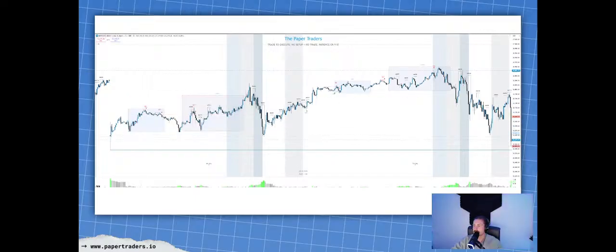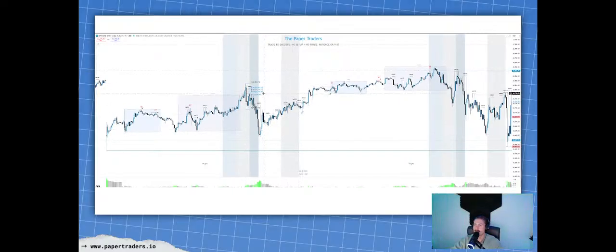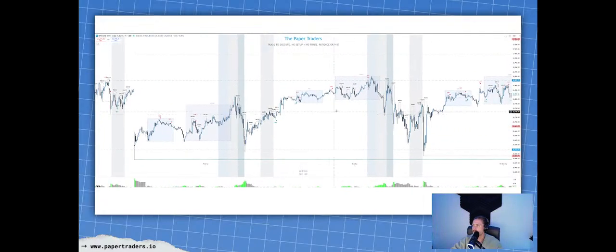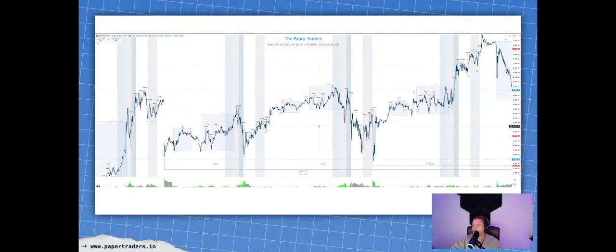Over here within this, we can outline the OTE, and you can see where price comes right into it, taps that 786, and then continues to the downside. So there's that trade setup for Monday as we were approaching the bottom, as we swept that London session low. You can see, or Asia session low, you can see that price went right back above it and then continued to the upside.